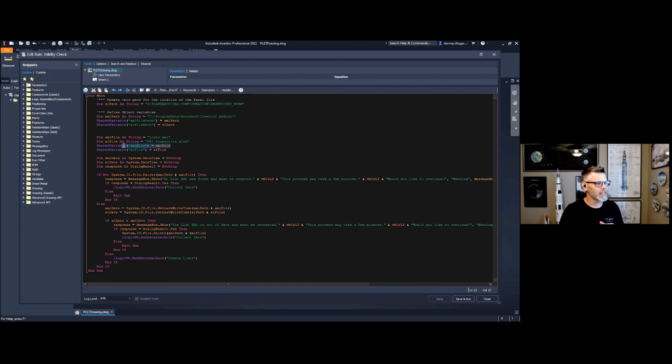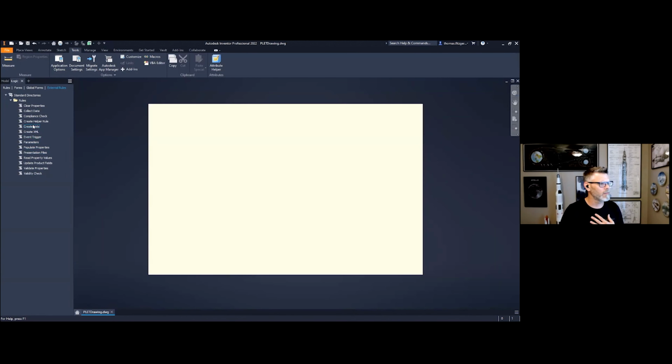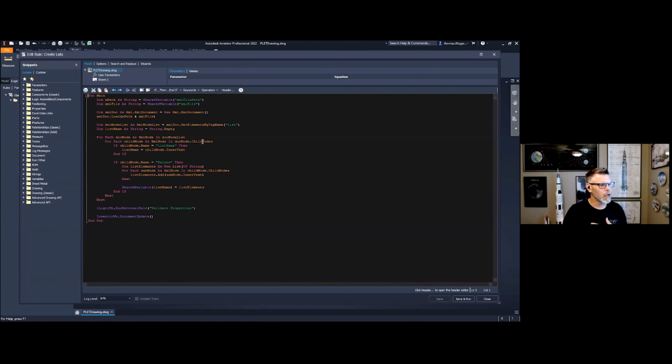So in the case of like this XML file, I'm storing a text value in it. But there's other rules that I have here, like create list, where it allows me to create a collection, like right here, where I'm creating a list. And then what I'm doing is I'm telling the list right here. So I'm adding information to a list as I'm looping through, and then I'm telling the shared variable to store all the elements or all the information within that list. So that way I can share it across numerous rules.